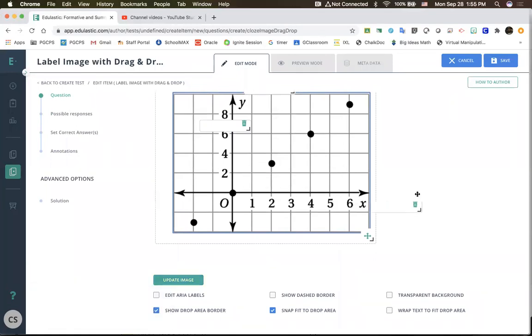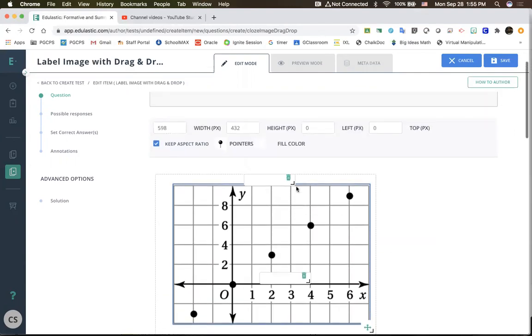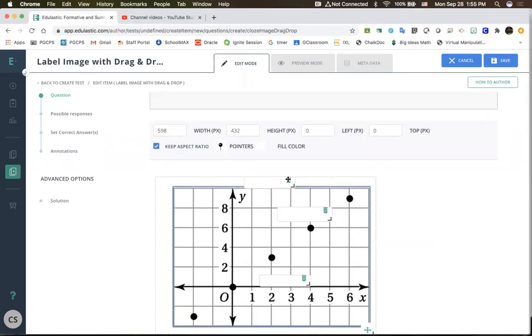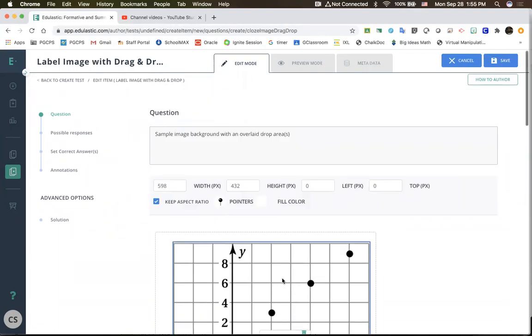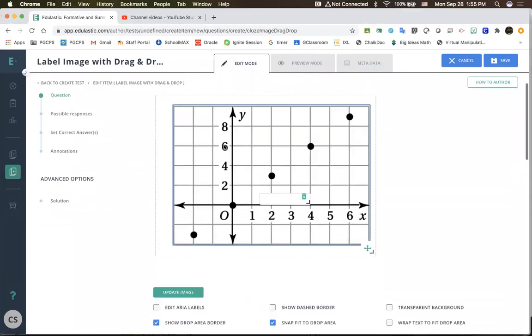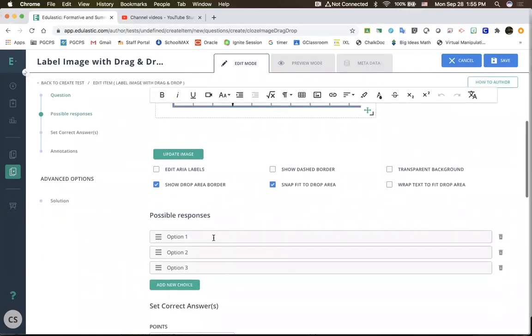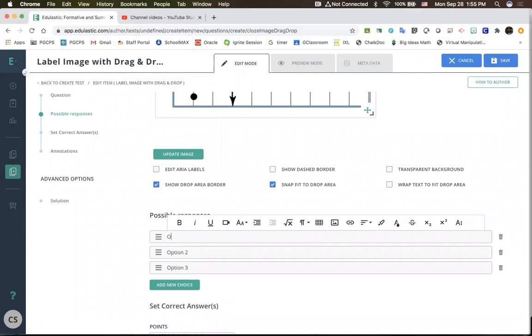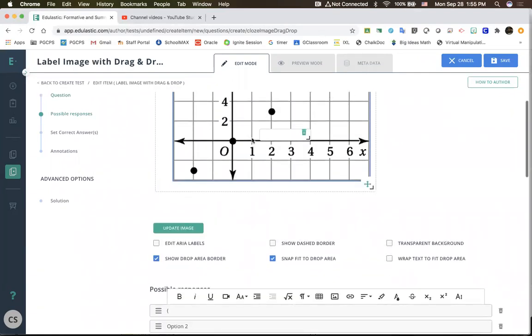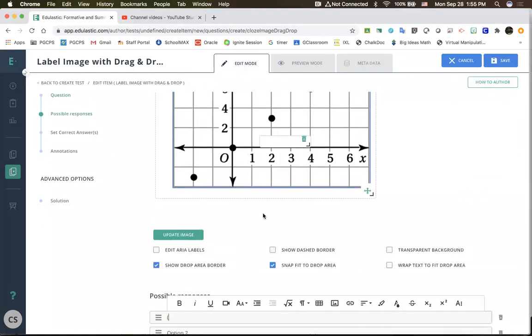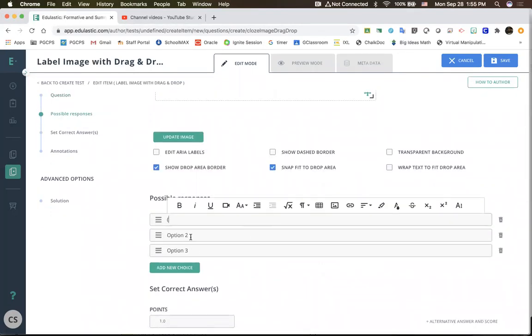If I wanted them to put a point, well, let me see. How can I ask the question? Oh, here are the possible options. If I wanted them to make a point to make this line no longer be a function, and I gave them drag and drop ordered pairs,